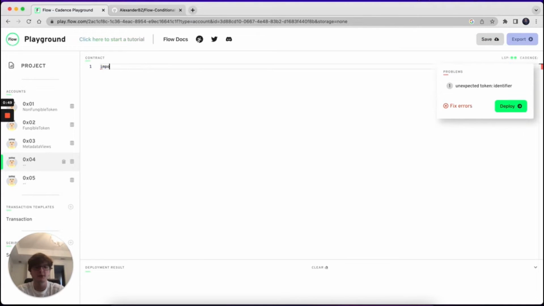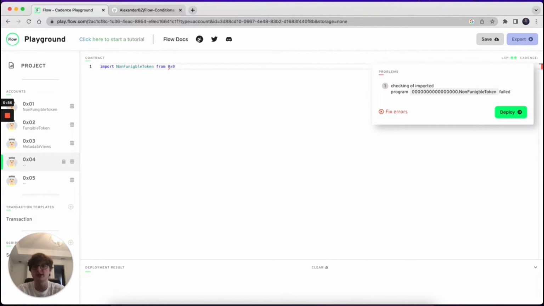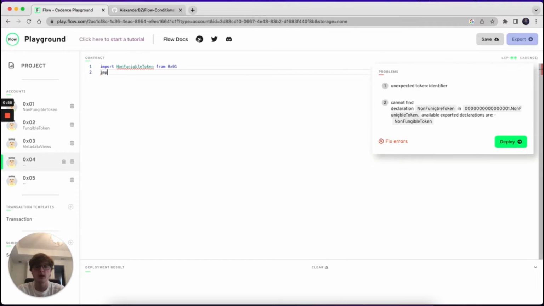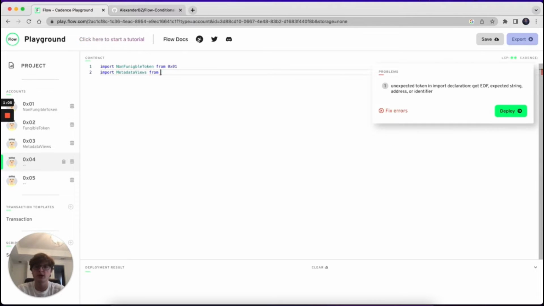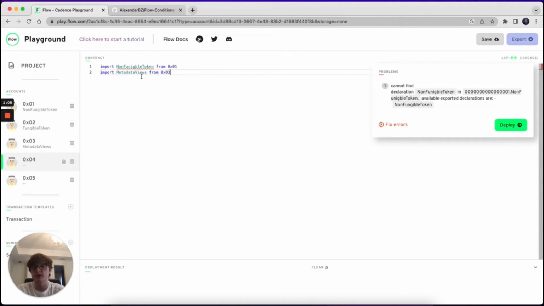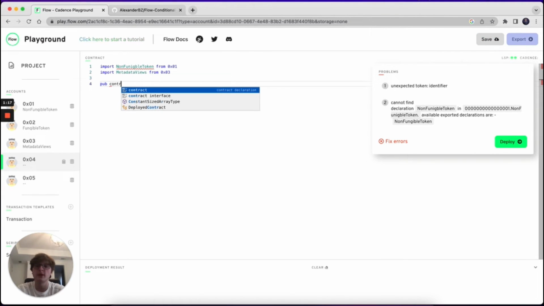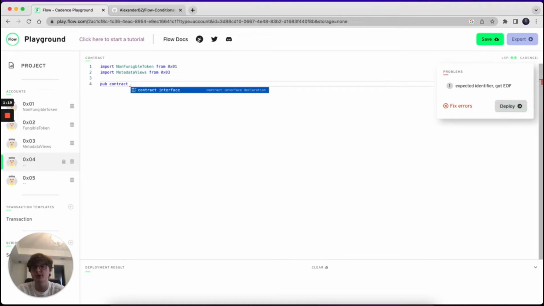So for some of the more trivial stuff, we're just going to copy and paste that in. For the key parts of this contract, we're going to make sure to explain and go line by line writing those out. So we're going to first start off by importing our contracts here, our interfaces, non-fungible token. Okay, that looks good. Importing our initial interfaces with non-fungible token and metadata views. We're going to name